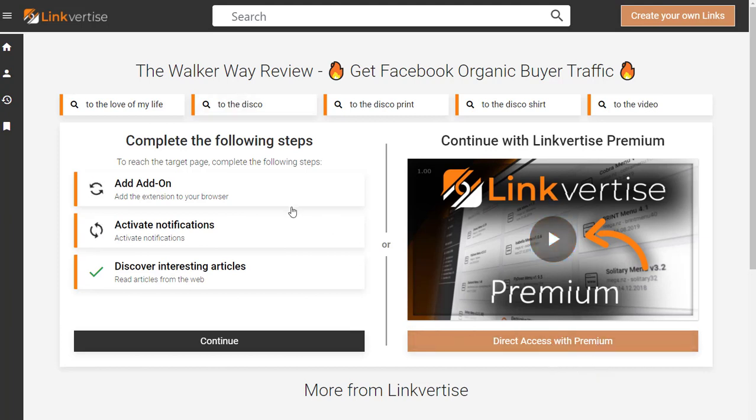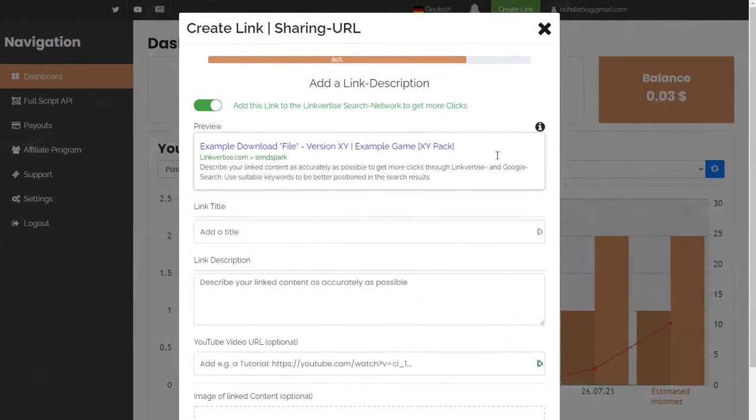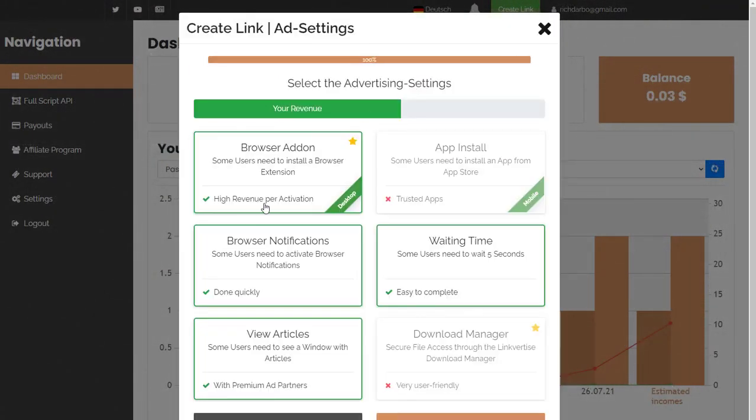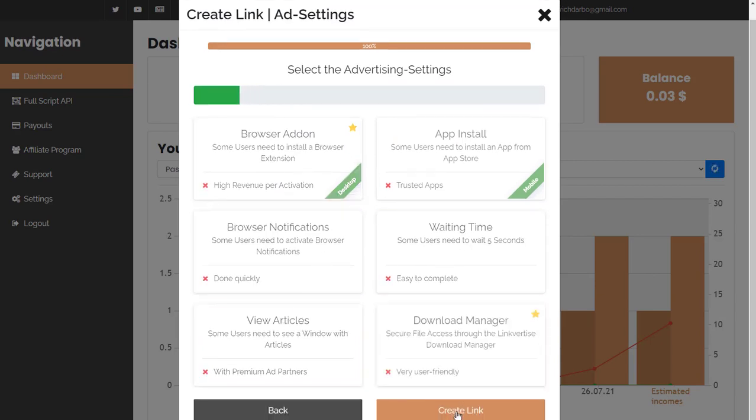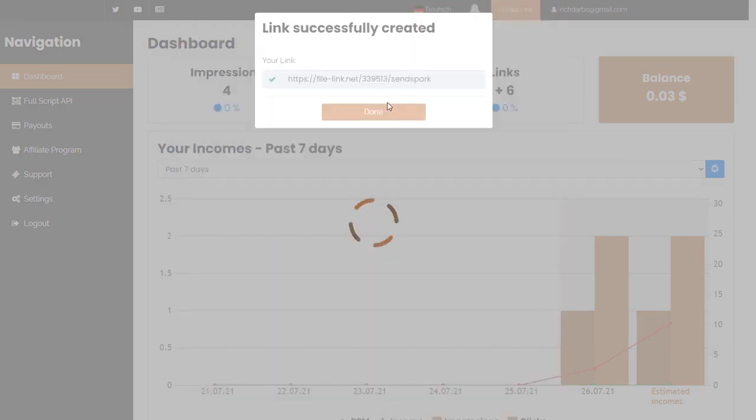Now let me go ahead and do the same thing without having all of these different features so that you can see the difference. Okay, so I've done everything the same. I had to use a different video. I'm going to actually turn this off this time, press continue, and then I'm going to turn all of these off because I only want to see the basic page for my particular video.